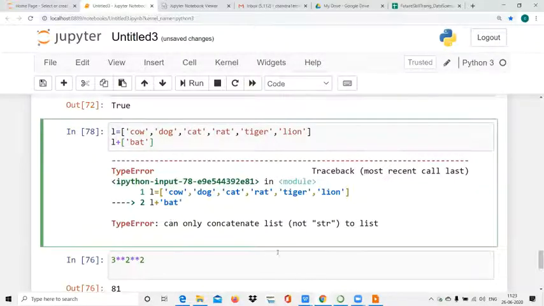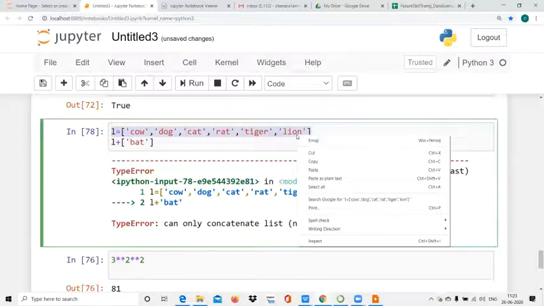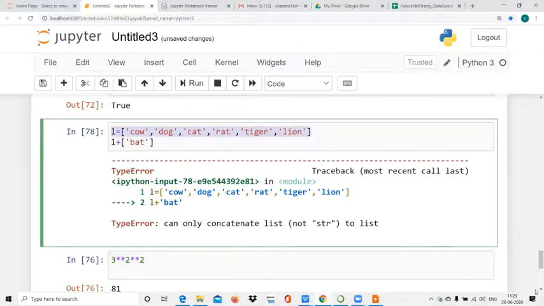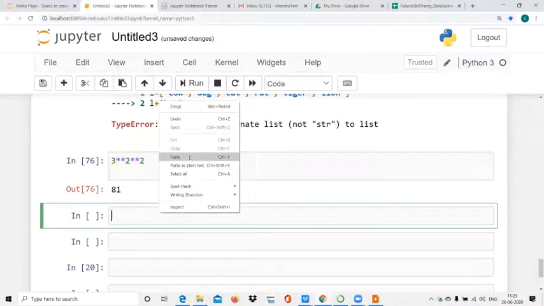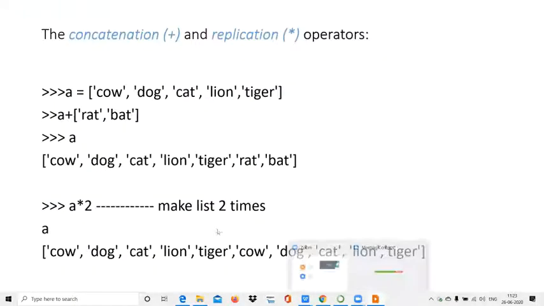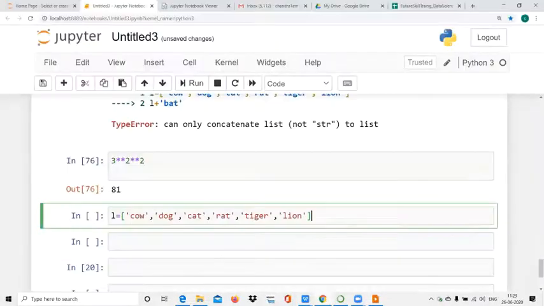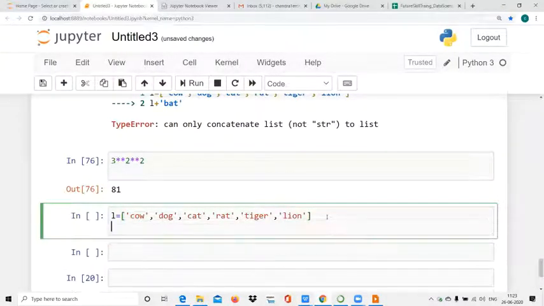Similarly, there is the replication operator. Replication means it will make the list two times. So L into 2. This list will become twice. Run.